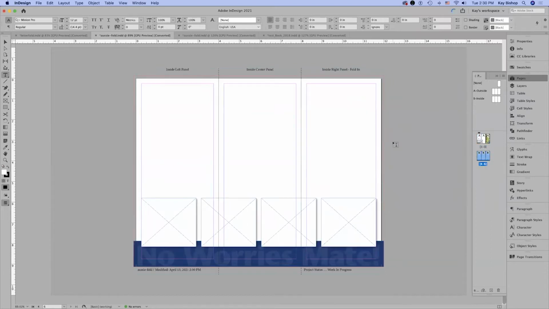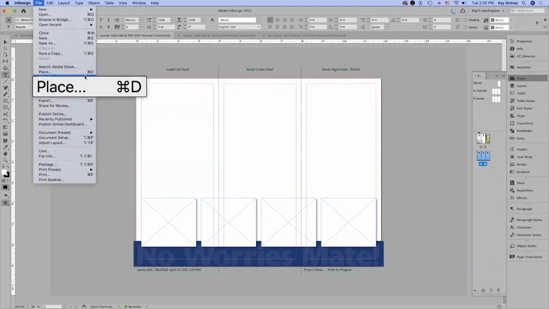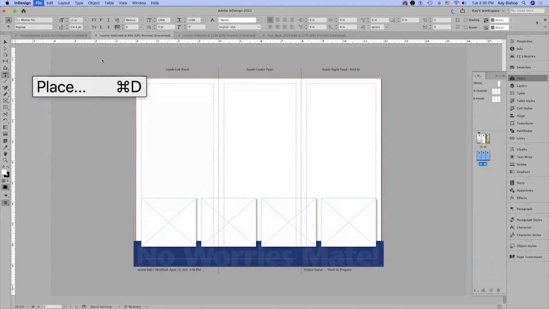We're going to continue from here to go on to stage 3, and it will begin on page 336 in your textbook if you want to follow along for brochure stage 3. The first thing we need is some content. So we need to add our text content, and I'm just going to go to File, Place,